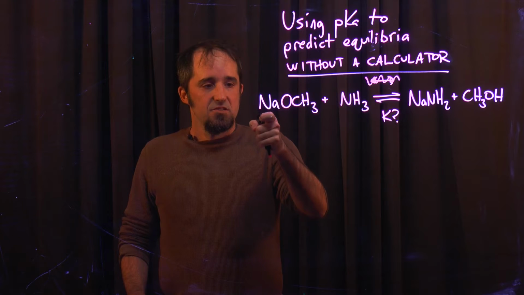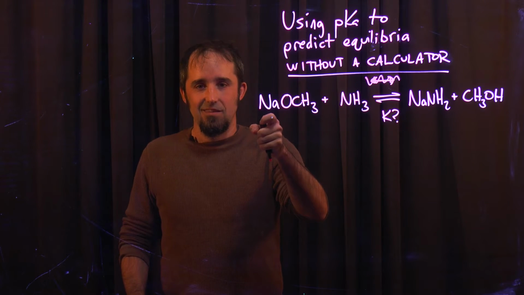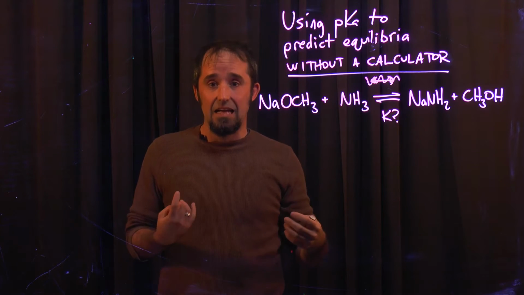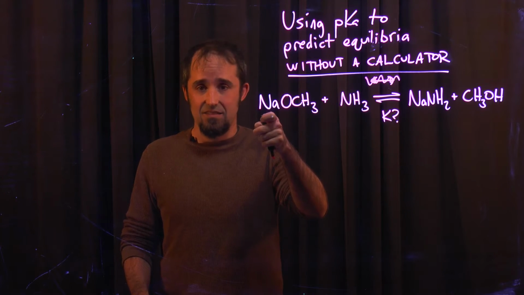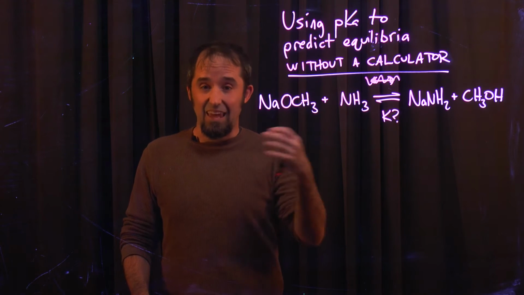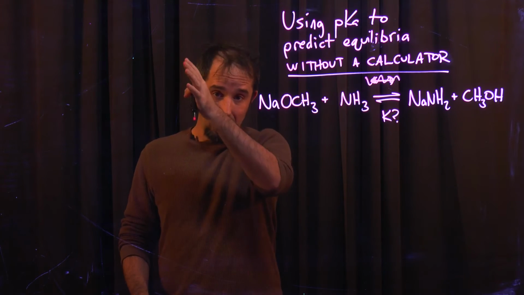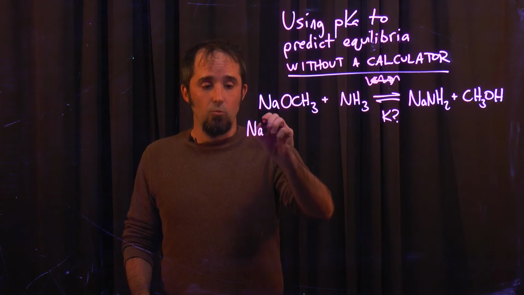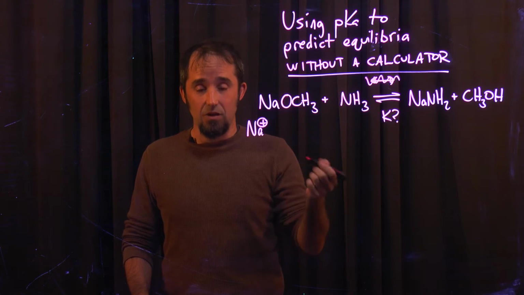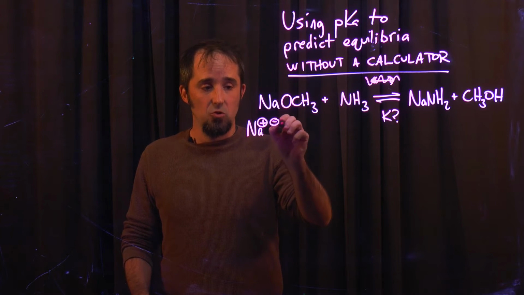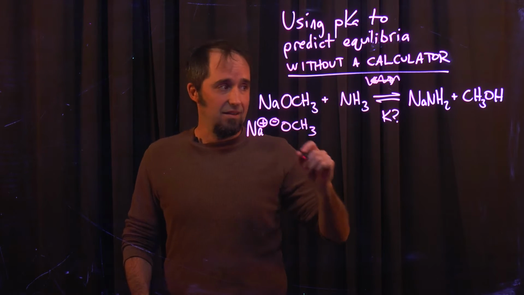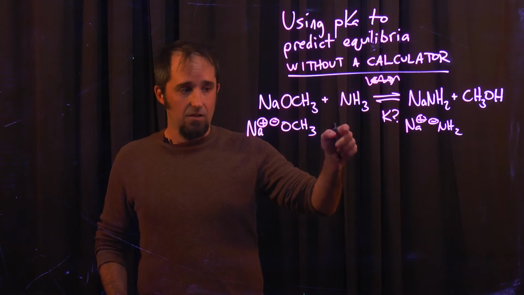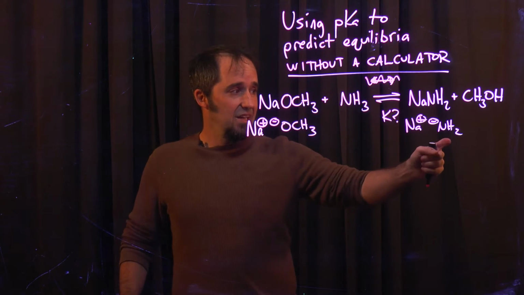Equilibrium. So you see Na means sodium. So sodium forms ionic solids. So whenever you see an Na in a molecule like this, or a K or an Li, anything from that first column of the periodic table, I want you to automatically remember that it's actually Na+, and whatever it's bound to is minus. What I have here then is CH3O- and this NH3, and they're in equilibrium with this NH2-